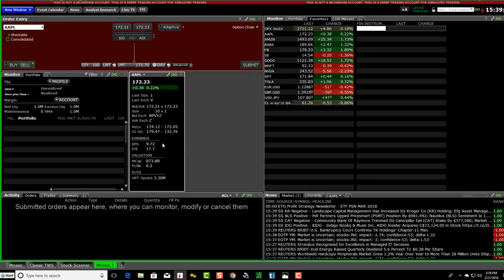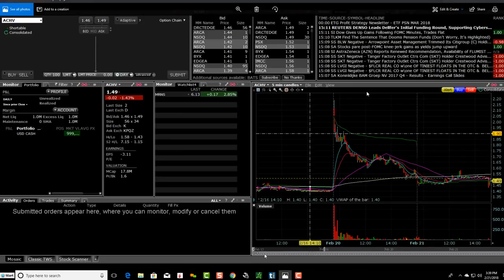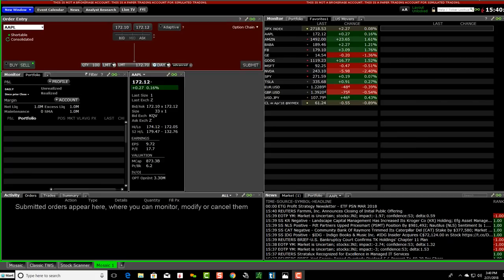It gives you a good gauge of the bid, ask, and the size. Again, it's a matter of your preference. I'm just showing you how I have mine set up. You can have yours set up however you would like. You can have a watch list over here if you would like. The watch list section, obviously self-explanatory, enables you to have a watch list that you